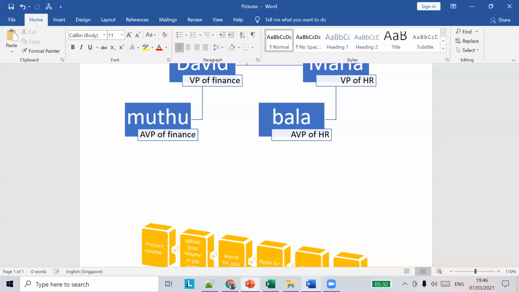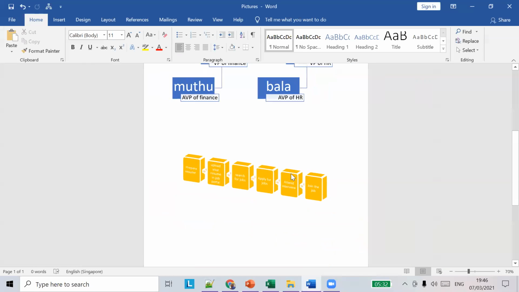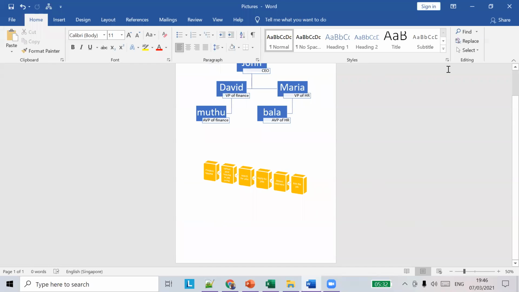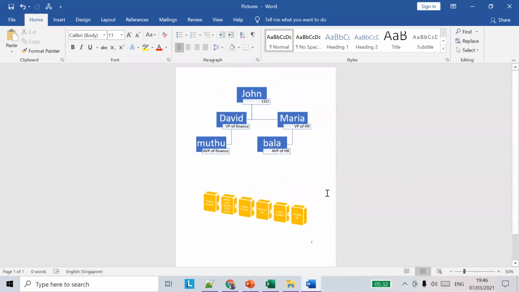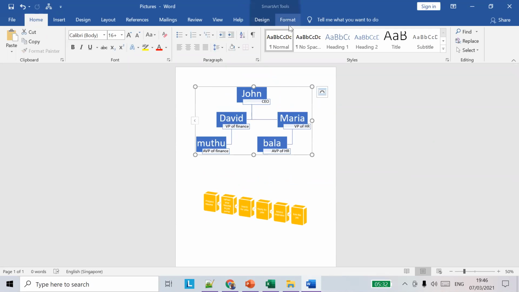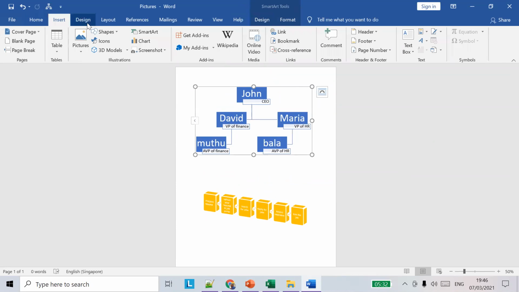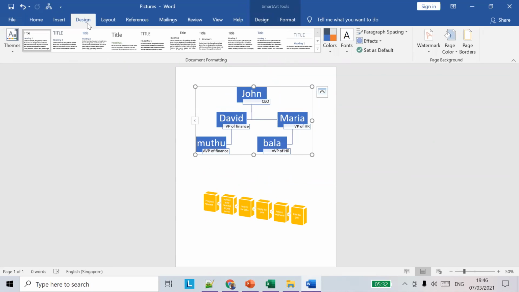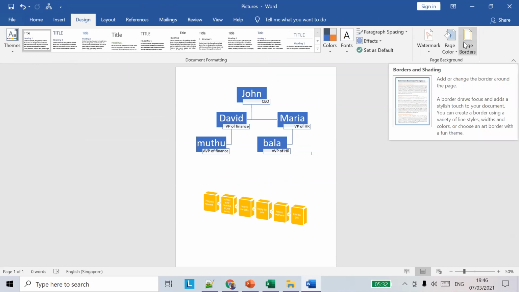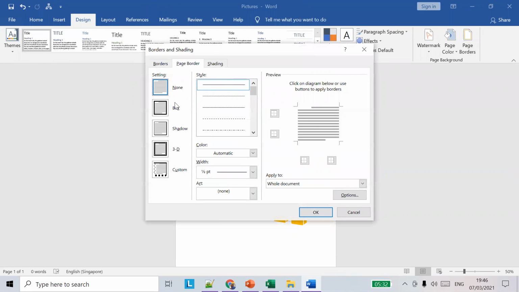If you see this Word file, it doesn't have any borders. It's just a plain document, right? So you can select this page and go to design, and go to page borders. Click on this and you'll have this menu opened.